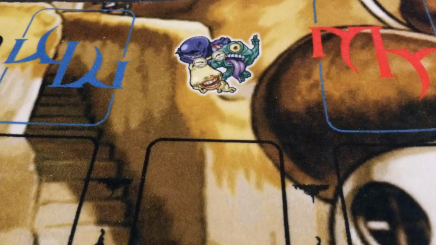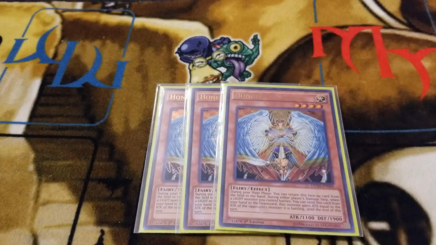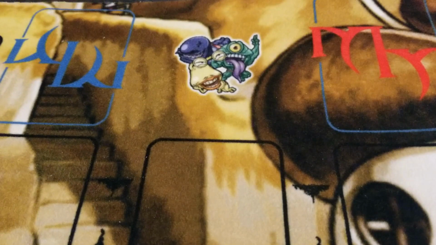And to ensure that we do get huge numbers on our opponent and their life points, we run 3 Honest. So Honest is going to make their attack basically 0. It's going to be huge. Our monsters are going to be nuts, and they're going to be doing so much damage. So if you guys haven't been able to tell yet, this deck basically runs on searching, getting as many monsters on the board as possible, and then making them as huge as we possibly can, which we get some pretty